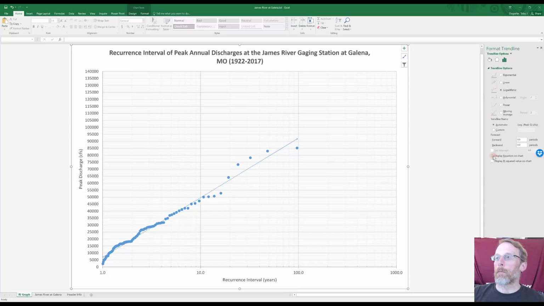We want to display the equation on the chart and the r-squared value. And you can see from the r-squared value, a perfect fit for the data would be 1.0. We've got 0.9855, so this is a good fit. And then we'll forward